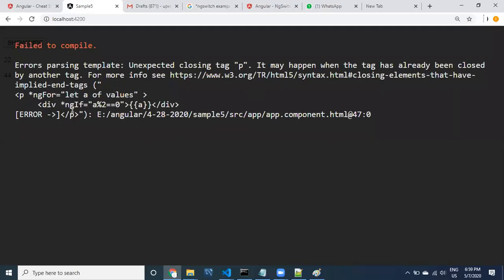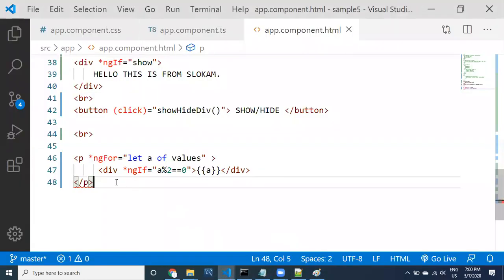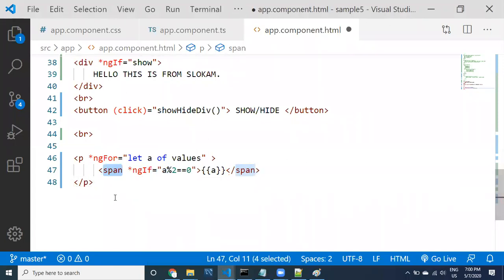Yes, according to this, inside the paragraph it is not allowed to provide a div. So take this one: you can take a div, and you can take a paragraph inside the div. That is fine.